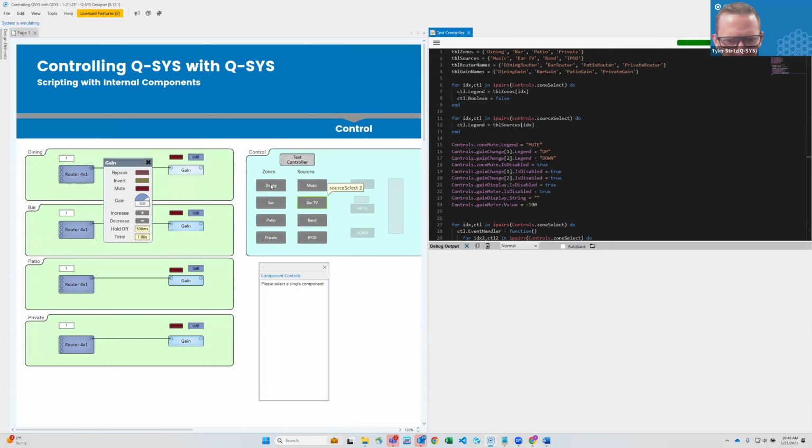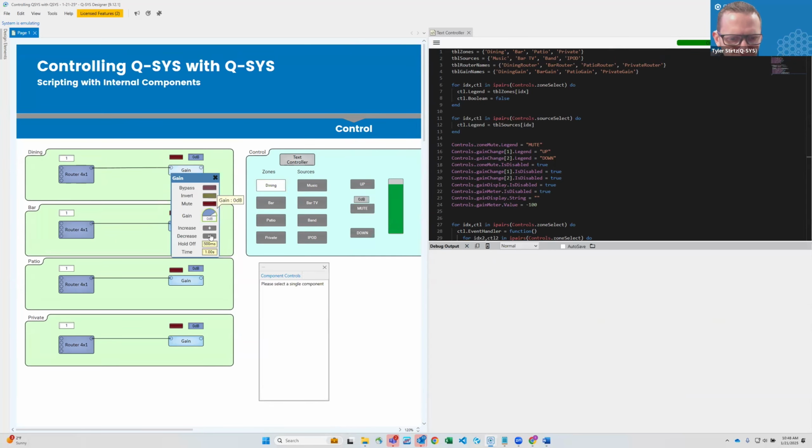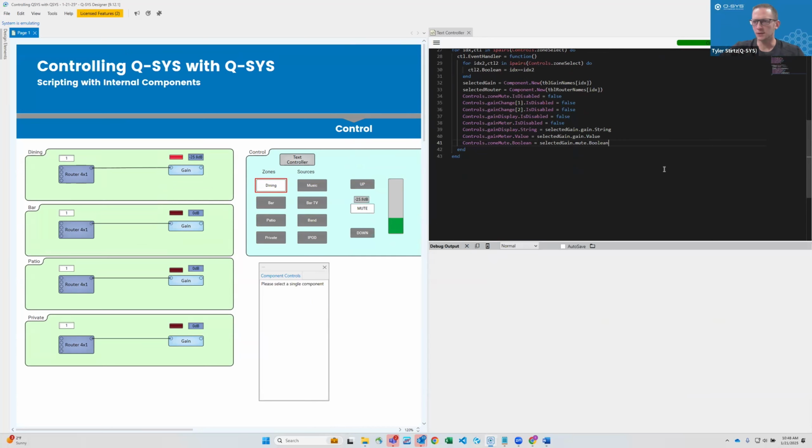All right. So now you'll notice here. So let's open this up. Let me just change this one to show something different than the others. So now you can see here, those are all the same. And now when I come over here, this one shows -25 and the mute's engaged. So now we're displaying what we want to see, but we do need to add in the rest of our